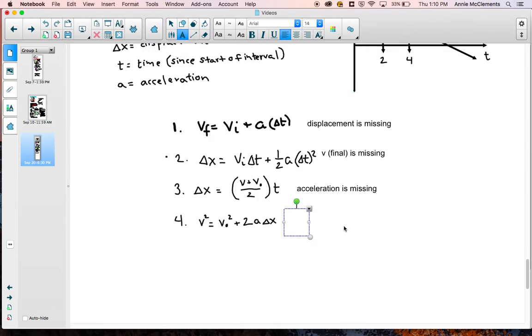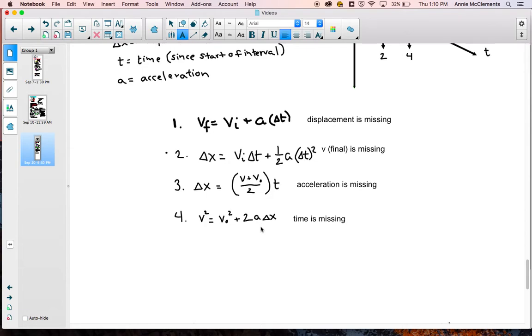And the fourth one, we are missing time. So if we're trying to solve for acceleration, equation number 3 is not going to be helpful, because there's no acceleration involved in there. We could use any of the other ones, but we couldn't use number 3. Same thing with displacement. If we wanted to solve for displacement, number 1 is not going to be helpful. So by keeping these straight, you can figure out which one is best to use given the problem that you're